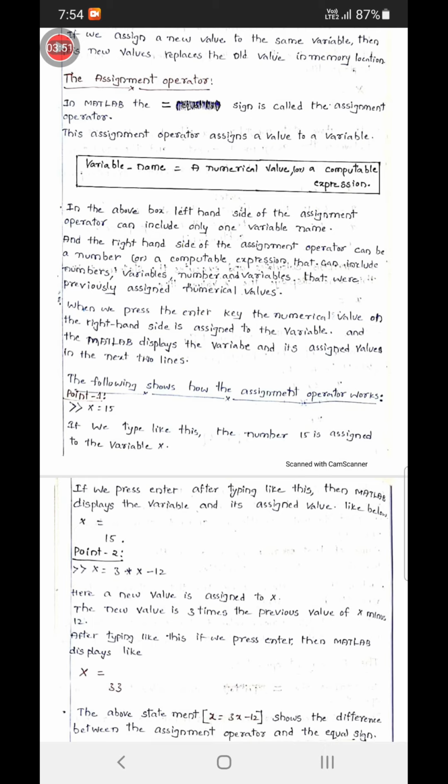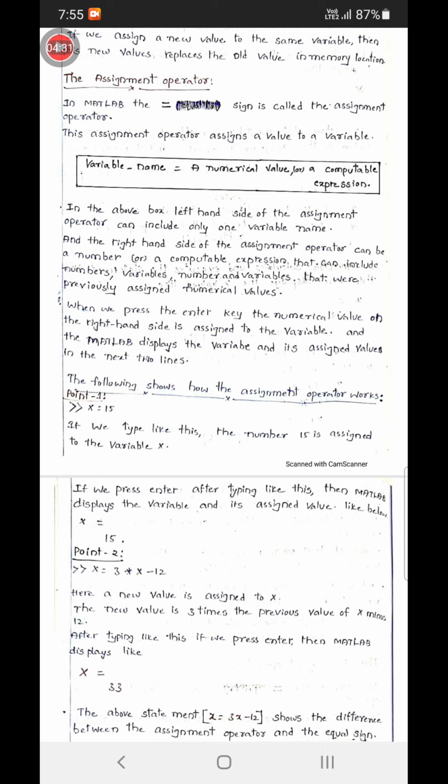See the points below the representation. In the above box, the left hand side of the assignment operator can include only one variable name, and the right hand side of the assignment operator can be a number or a computable expression that can include numbers, variables, and variables that were previously assigned numerical values.